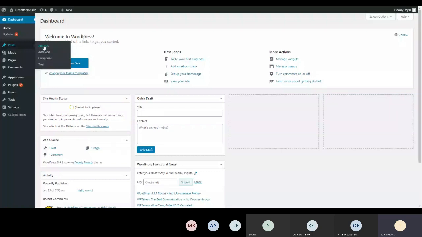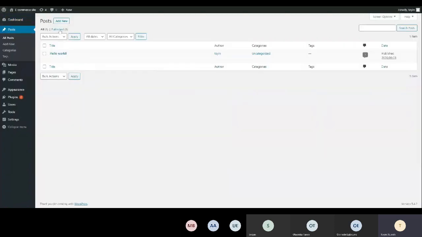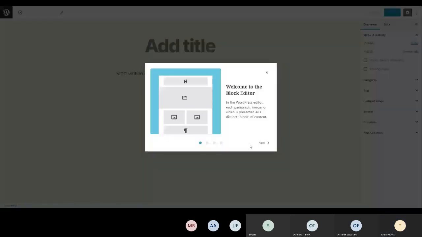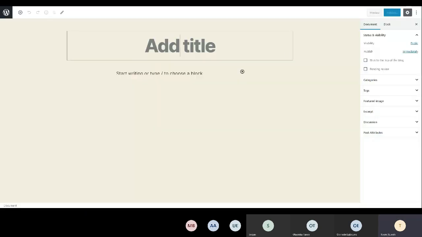These are the links that you send out to people to read your articles. This is what you do. You have all posts, and you can easily click add new to add a new post. And you have this panel right here where you can type in your post title. So I'll say demo post,